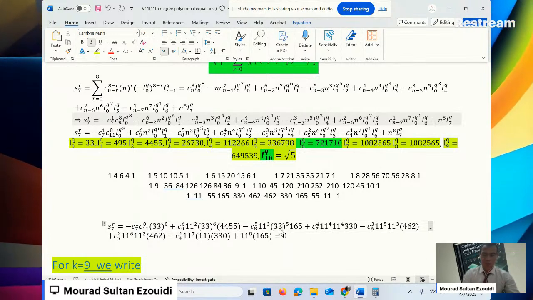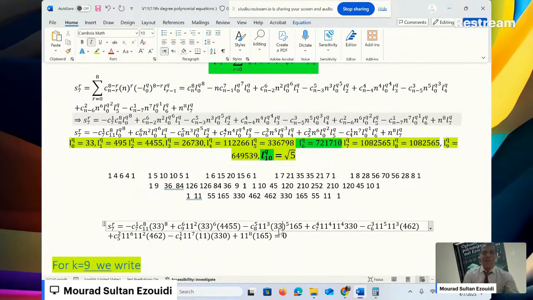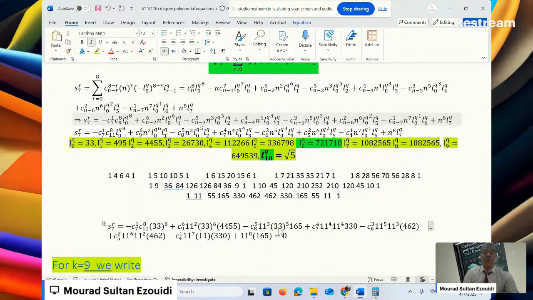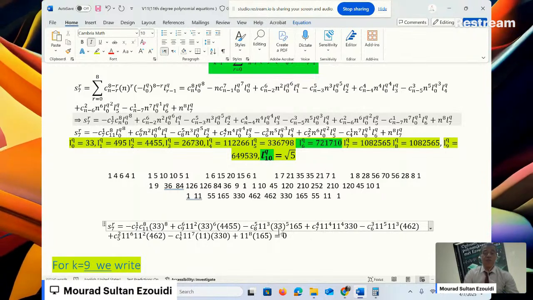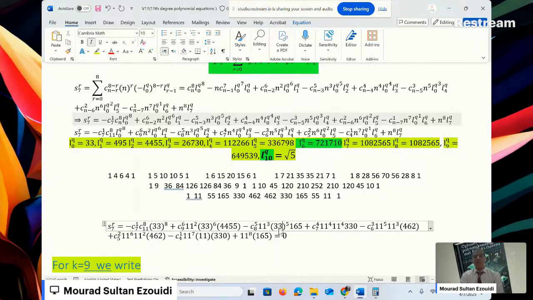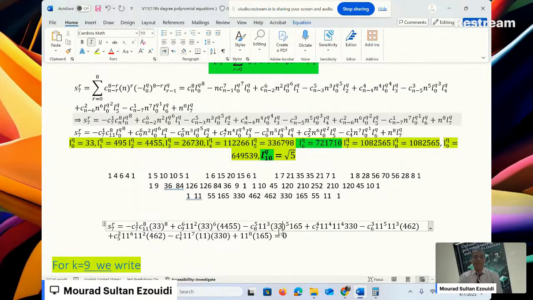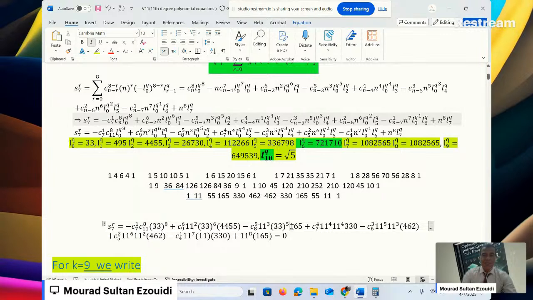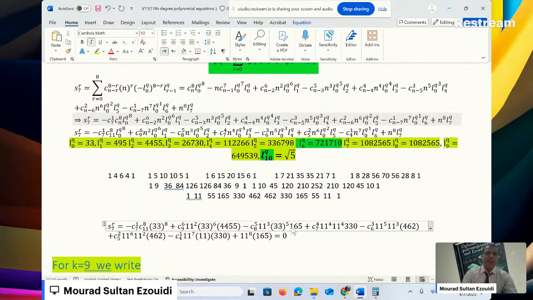Okay, you need to do the theorem, of course. The only one method. We help you to find the coefficient of your new equation that corresponds to the original equation. Okay? So this one equals